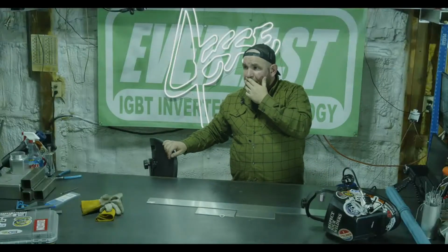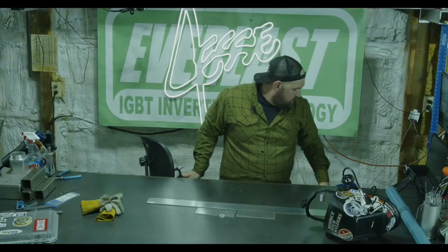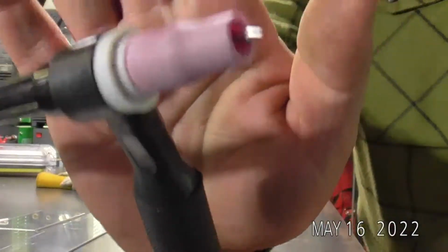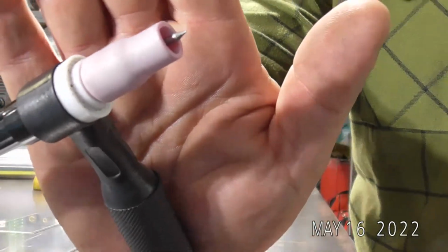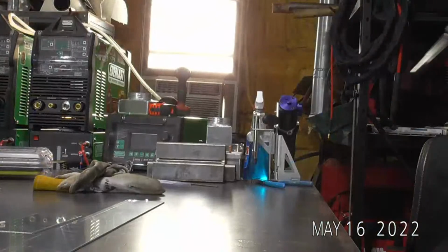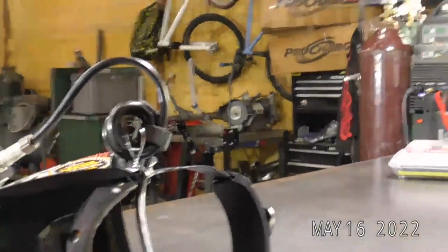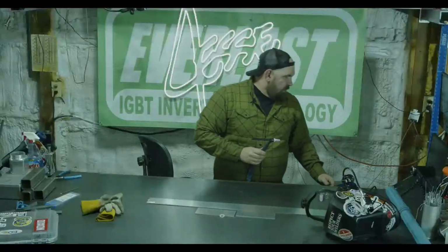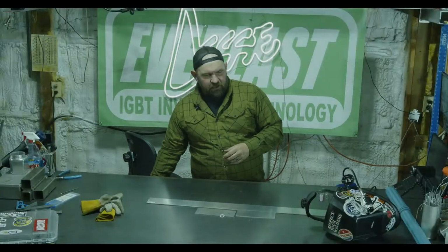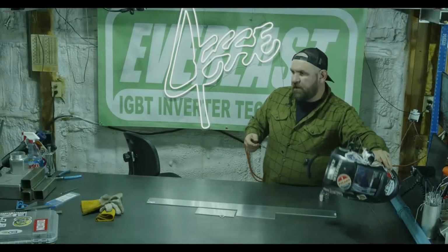But anyway, let's get started. I've got a standard 5 on my torch right now. I'm going to run this first at 10 CFH. As you can see, the way I have my machine set up, I've got to go around the table to get to my regulator, so there's going to be a little delay in action here and there as I adjust the gas flow. But let's go ahead and get started. We'll run this number 5 cup at